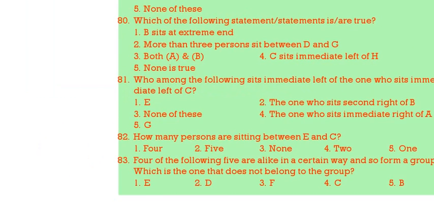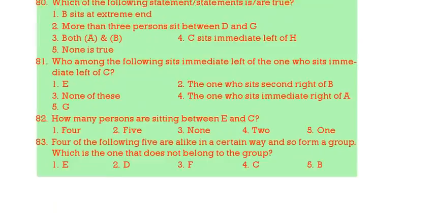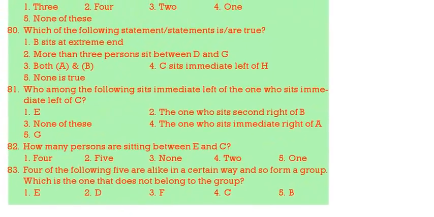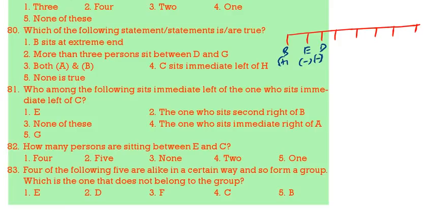See the first question. So this is the arrangement we got. So 8 persons: 1, 2, 3, 4, 5, 6, 7, 8. The persons: B plus, E minus, D minus, then A plus. Plus means north facing, minus means south facing, that you should remember. C plus, then G minus.